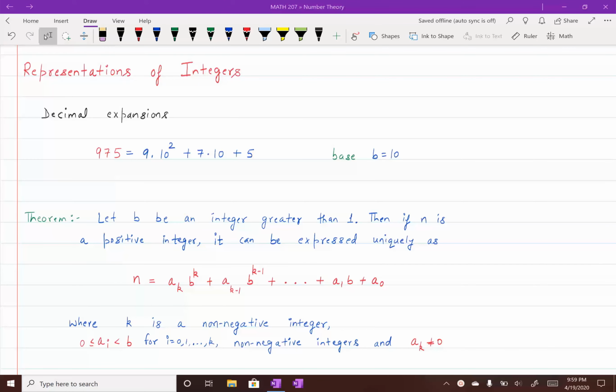In everyday life, we use the decimal notation to express integers. For example, if we take the integer 975, then in simple English, we read it as 975, where the 900 part is represented by 9 times 10 to the power 2, 70 as 7 times 10, and 5 is plus 5. So with respect to the base b equal to 10, we can use the following decimal expansion to represent